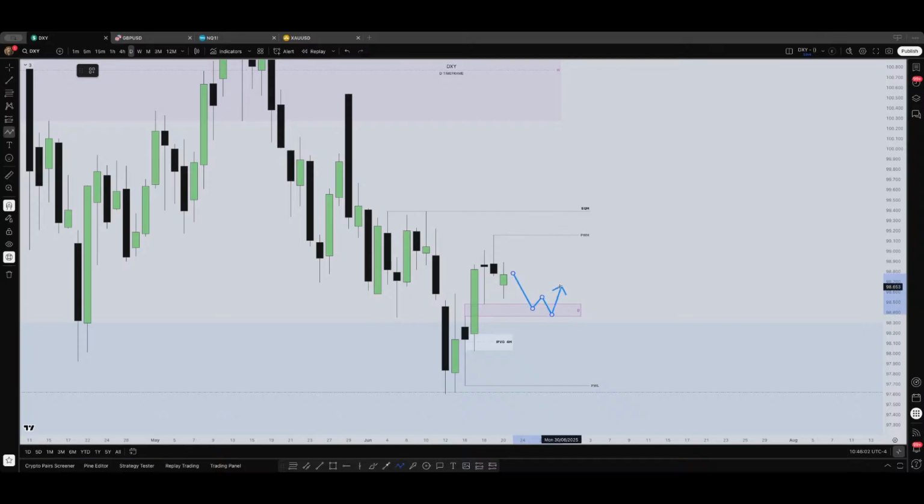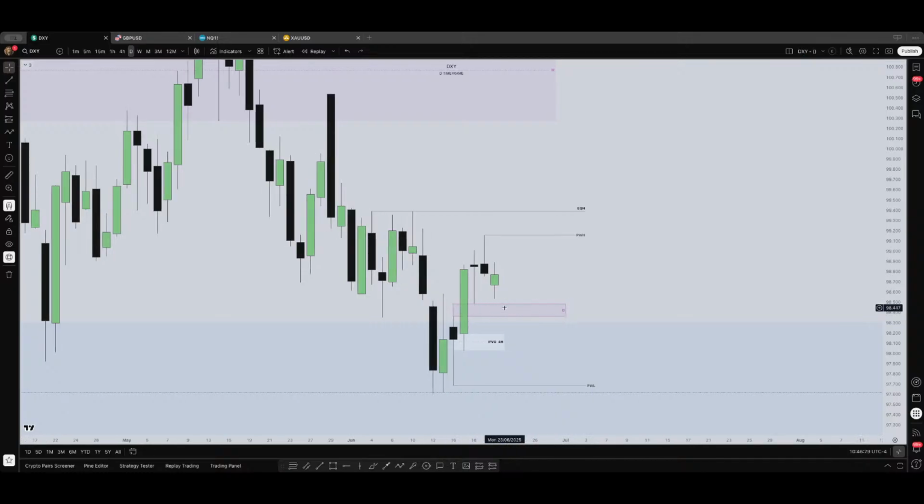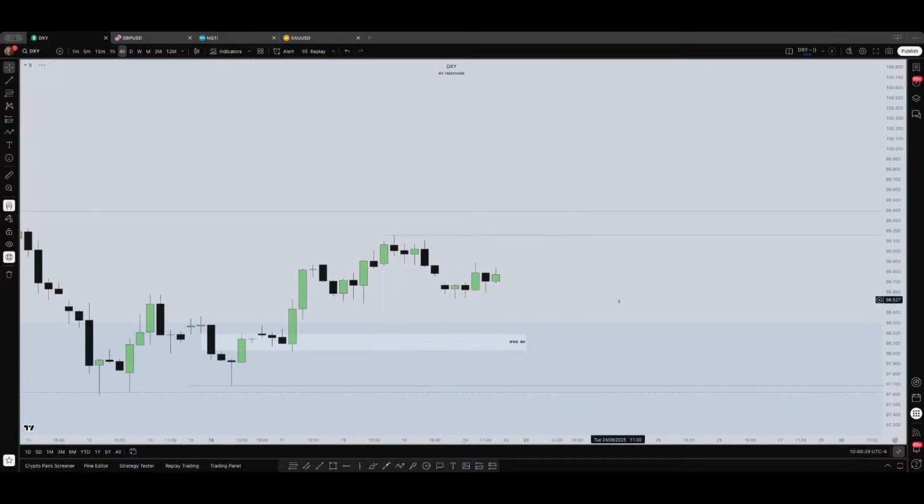you can expect maybe a market structure shift, something like that, you know. So this will be nice. This fair value gap acts like a support and does not let the price go lower. So very important, this daily fair value gap, to see how price reacts to it. It is very interesting, because depending on how price acts, it will give you the bias, no?